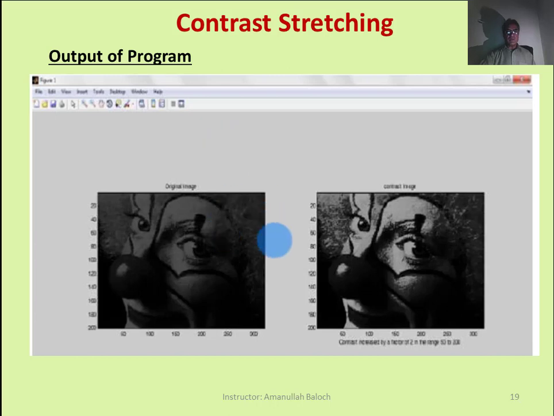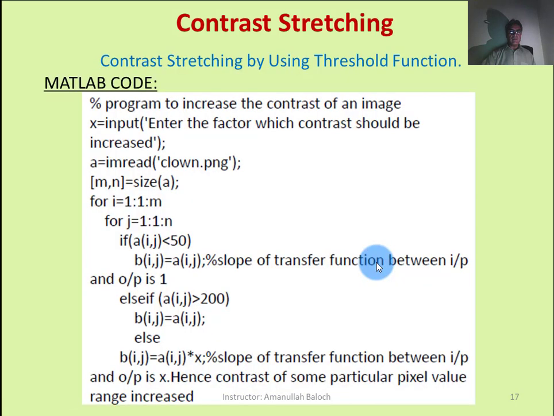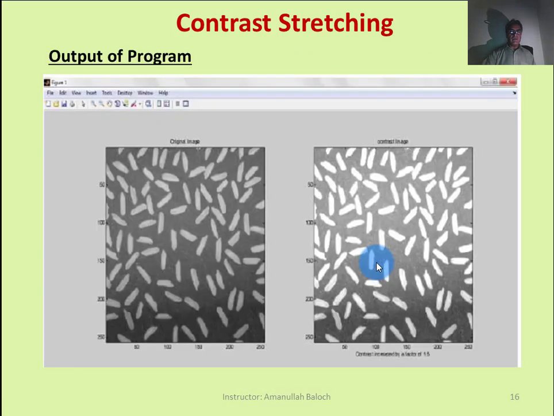This is the output clone image. This is the original image, and this is the transformed image. In contrast stretching, you may see that there is some background. This is actually the image of rice.